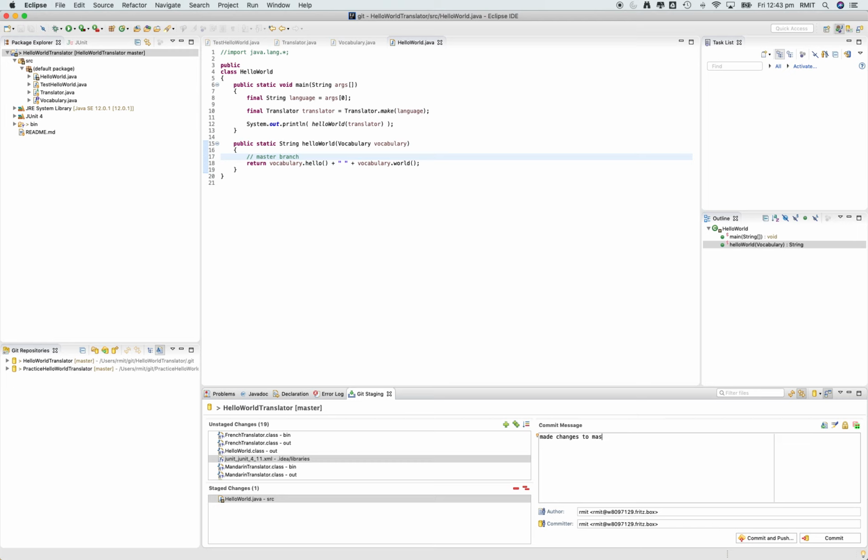I will just say hello world to be clear. Okay, all right, and we may as well commit that. All right. Okay, so that's committed to the master branch. Now we should be able to switch